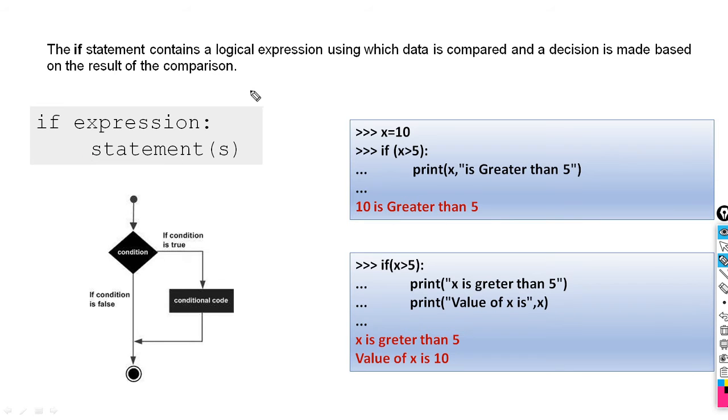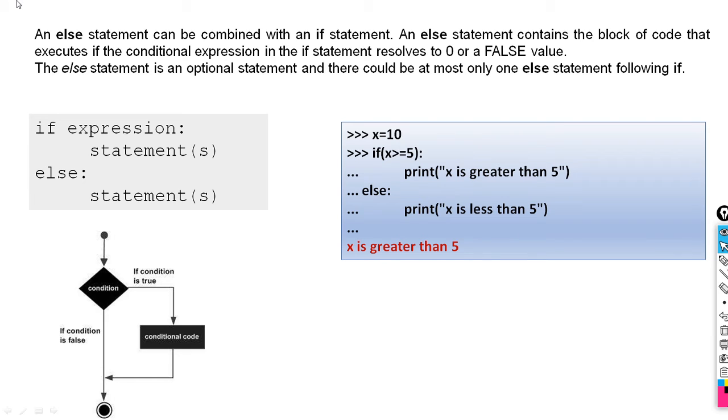Next part, this is the if, now how we can use if else. So this is the syntax of if else. If expression colon then statement, else part of this one then statement. If else should be present like this and the statement should be present like this. Here also we can write a single statement or a group of statements within if and else.